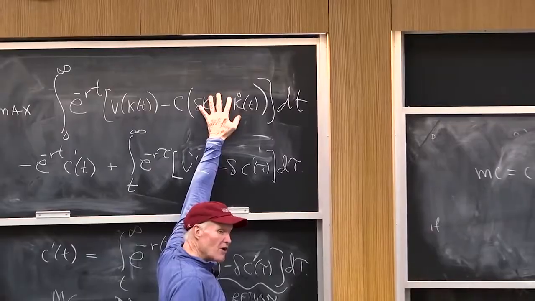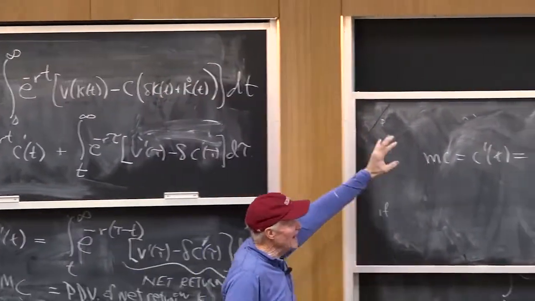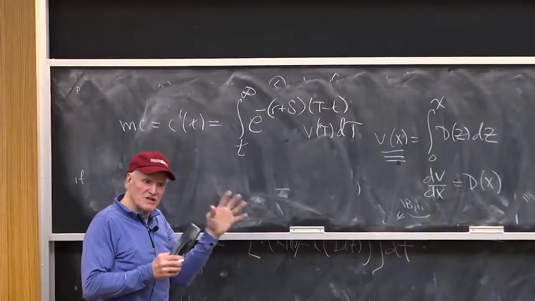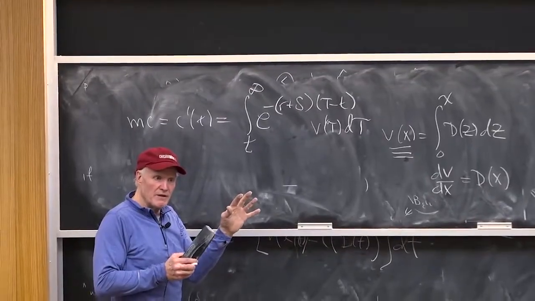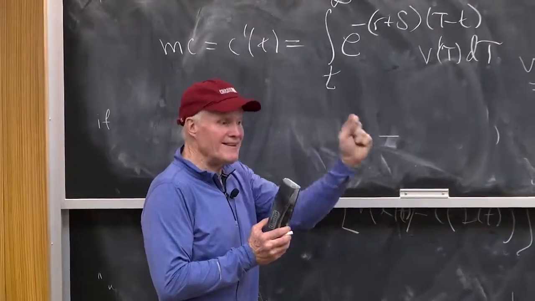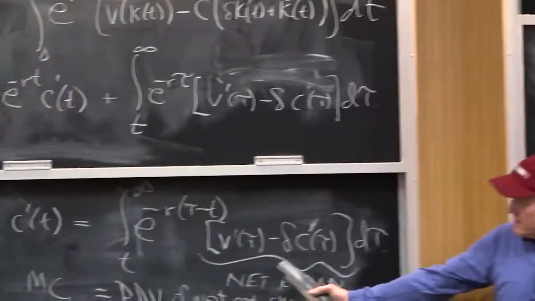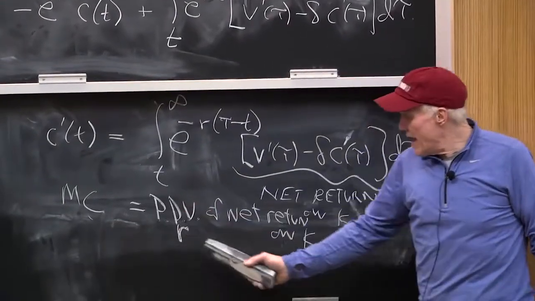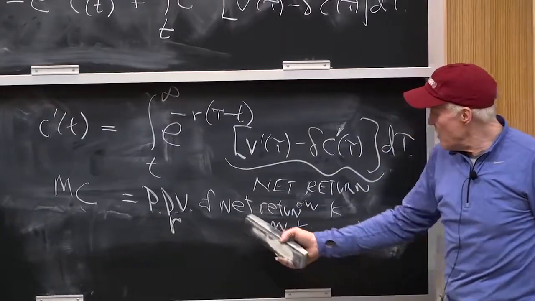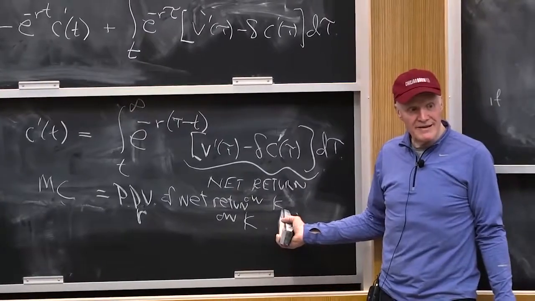So I don't have to pay the cost of maintaining that extra unit of capital, but the loss from doing that is that capital is going to depreciate away now. Everybody understands? It's just a different perturbation. The first perturbation I did was you invest a little more today, and then you maintain that higher capital stock forever. That corresponds to saying the marginal cost of investment has to be the present value discounted at the market rate of interest of the net return on capital, because you have to pay the cost of maintaining your higher